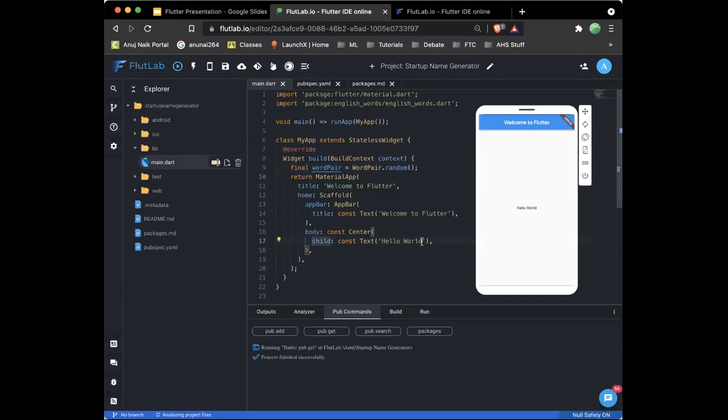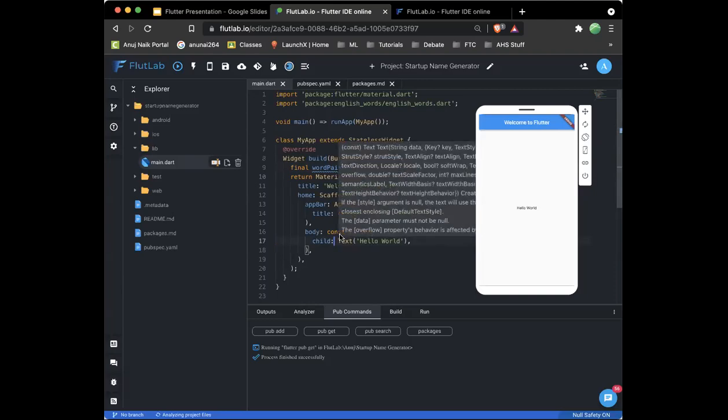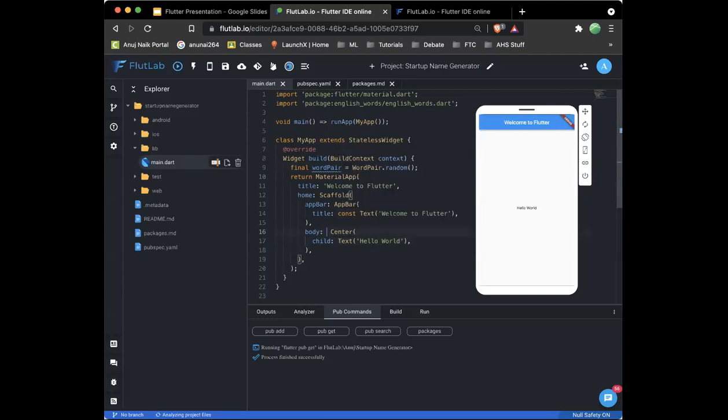So instead of this line, let's take out constant here. That's all very useless. We also don't need constant here. Now in this text, instead of saying hello world, we want to print the word that we just got, here, dot as Pascal case. And there we go. That is just formatting it so that it looks nice on the app. So if we run this again,